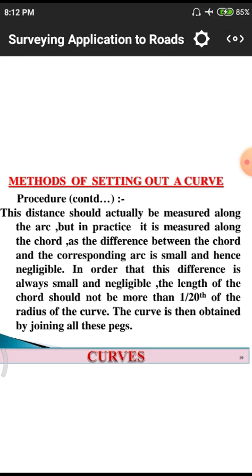Simply we have to distribute the total 30 meters length into a number of parts, so that we need to calculate the total number of parts, and at each and every part we need to arrange a small peg. To understand this whole concept, you need good communication on surveying. Otherwise you won't be able to understand these topics. Why? Because to understand this you need preliminary knowledge of surveying.